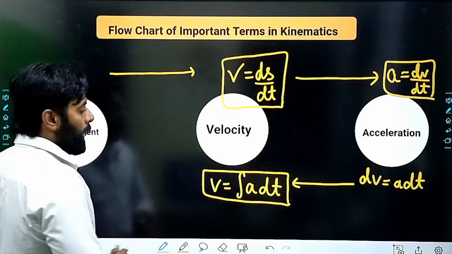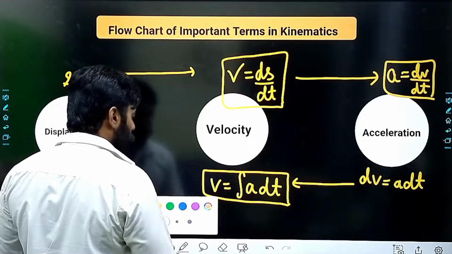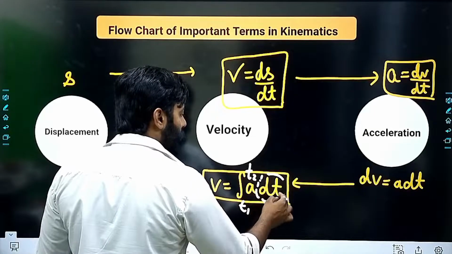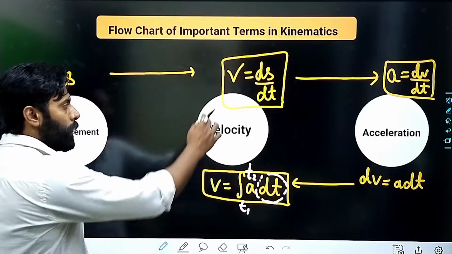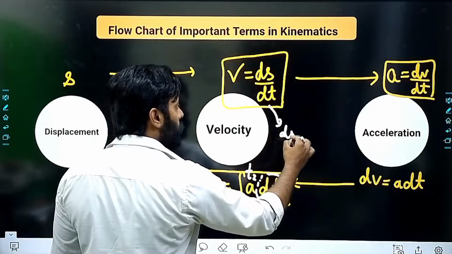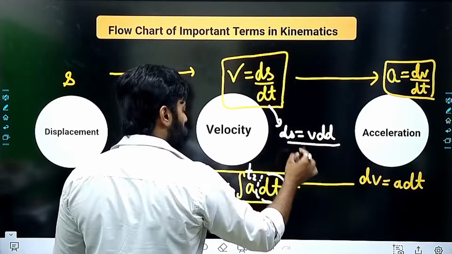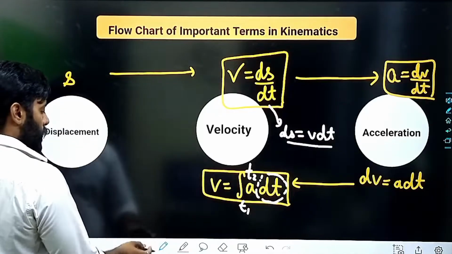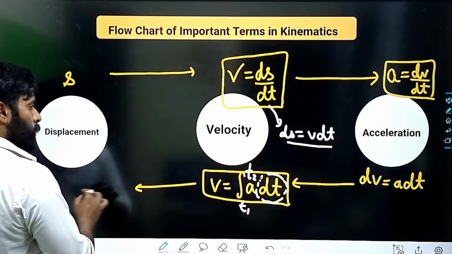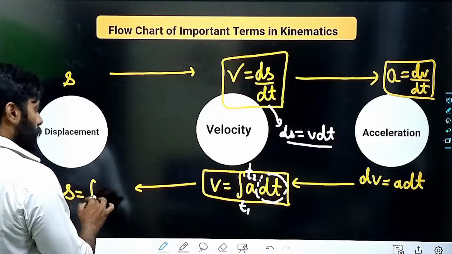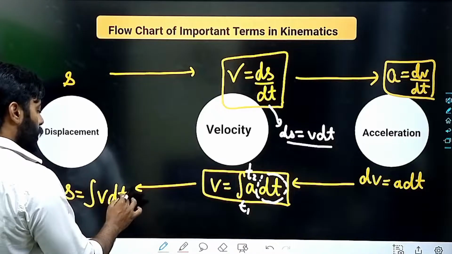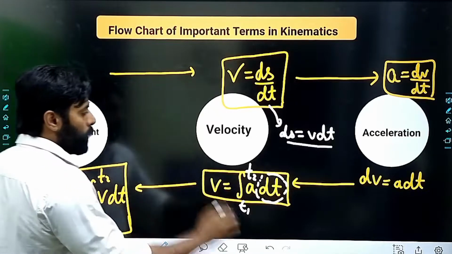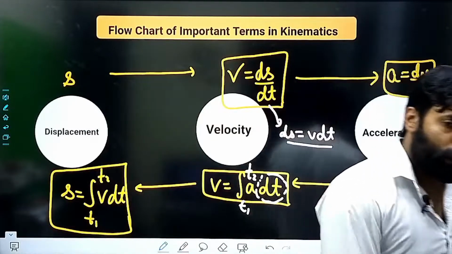Right? And here you have to place the value of time. Why time? Because we are integrating with reference to time only. And from here, if we calculate ds, we'll be getting v dt. And here we'll be getting s is equal to integration of v dt. The limits will be of time only. Please note this. This is very important for you,